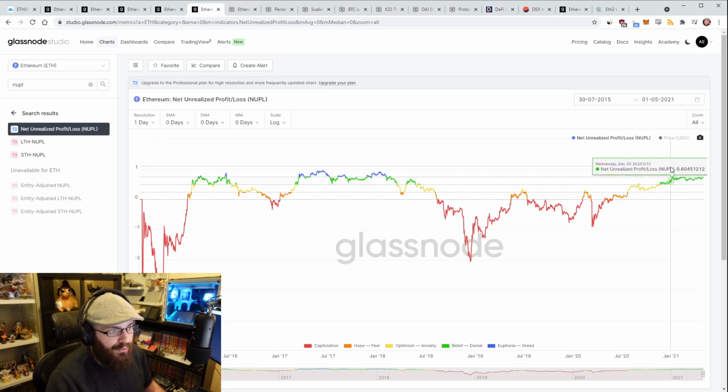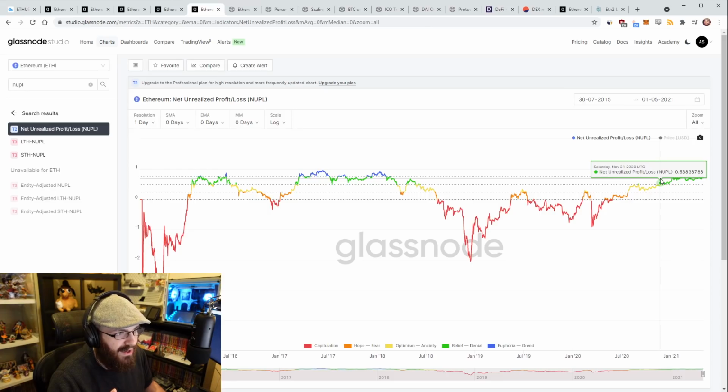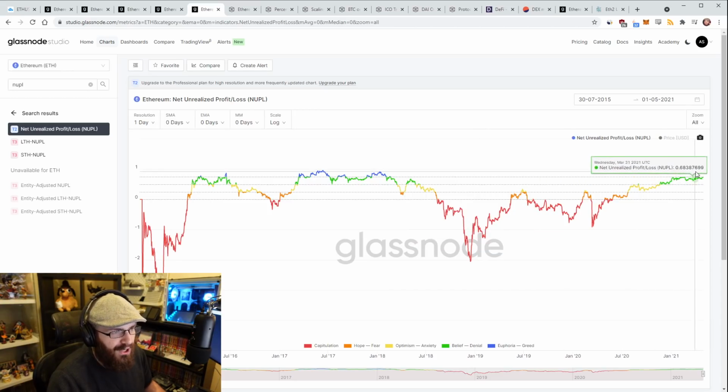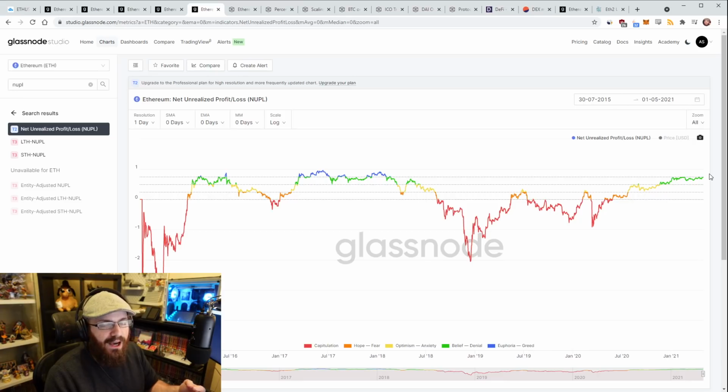But one more thing I will mention: this is the longest streak of green that ETH has ever had. So if we look here, November 2020 to today, that's 6 months. The last longest streak of green was September 2017 to November 2020. So like 2 to 3 months here. So the longer we stay in the green, I actually think the better. And it just feels healthier, right? I mean, we all look at the price a lot. And if you look at what the price is doing and how it's growing, it just seems much healthier. That it's not just teleporting, for instance, like, it's at almost 3,000 today.